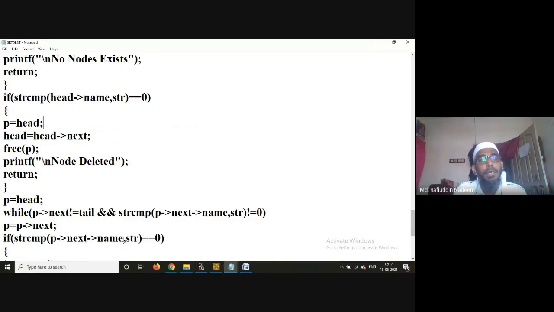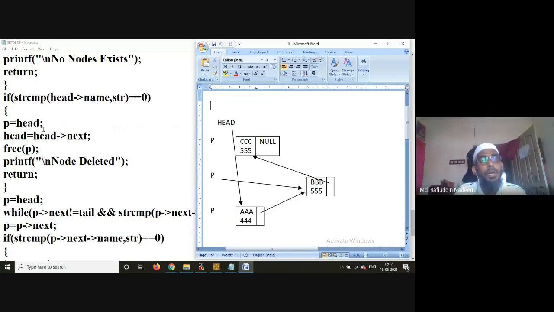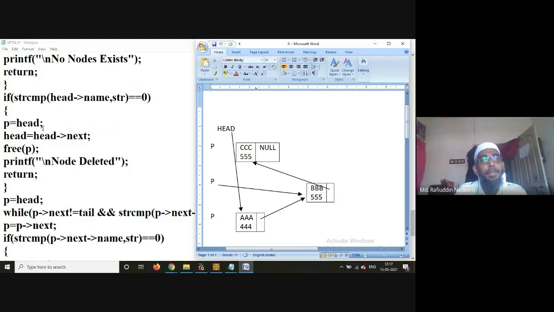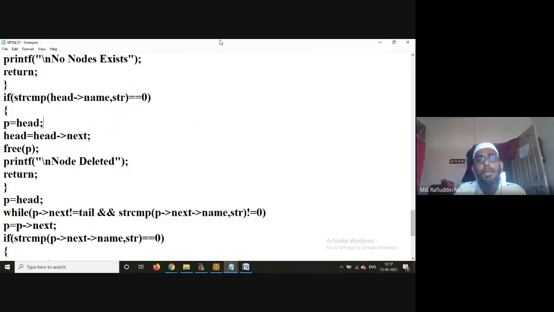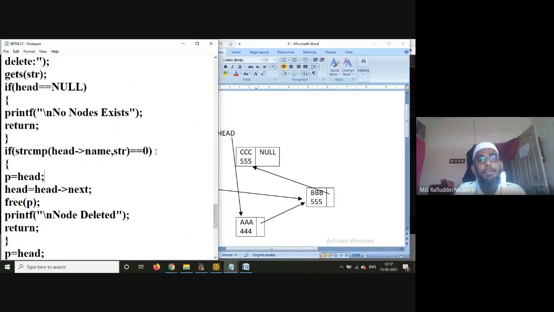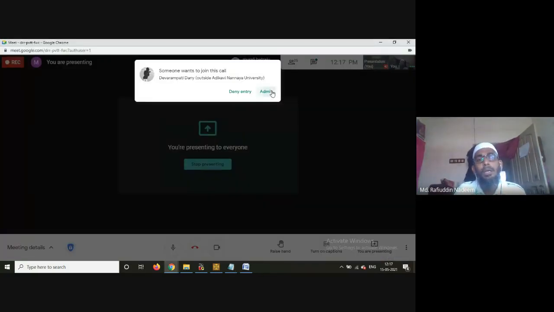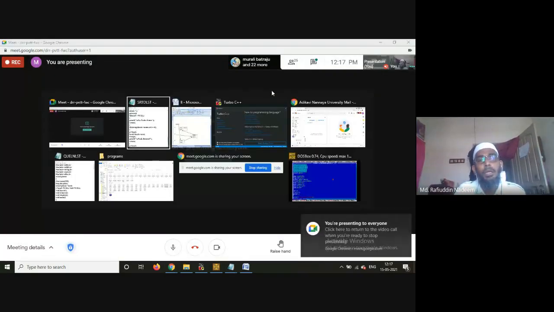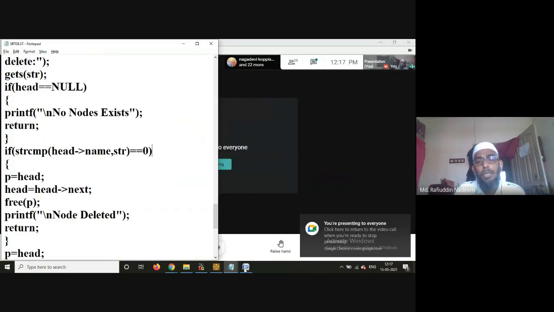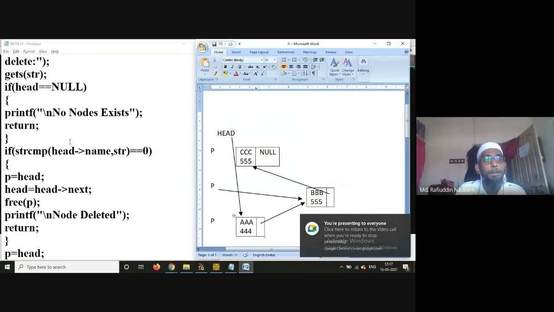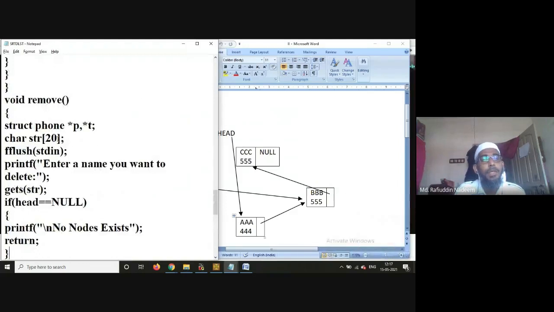If you have given some name which is not there in the list, then what happens? Now just look at this small case which we are dealing with now.